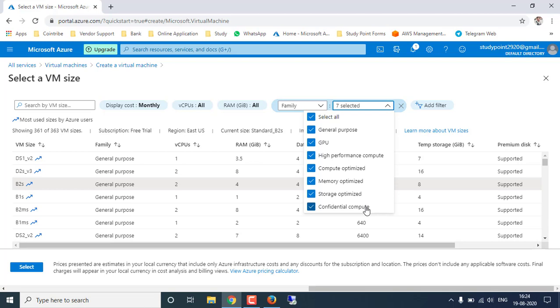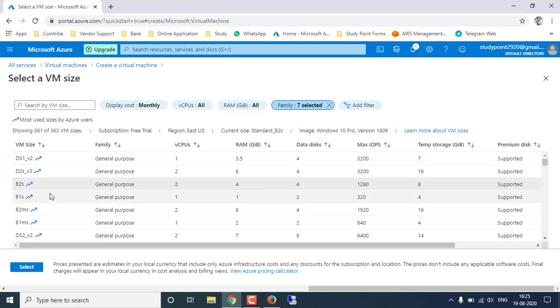GPU means graphical processing unit. GPUs are mostly used in graphical work, so that configuration is very high, and you get a graphics card also in the virtual machine. Similarly in compute optimized you will get high CPU and other things normal. In memory optimized you will get high RAM and other configuration normal. In storage optimized you will get high storage, and other things depend on you. So that is the difference between all of these families in Azure virtual machine types.